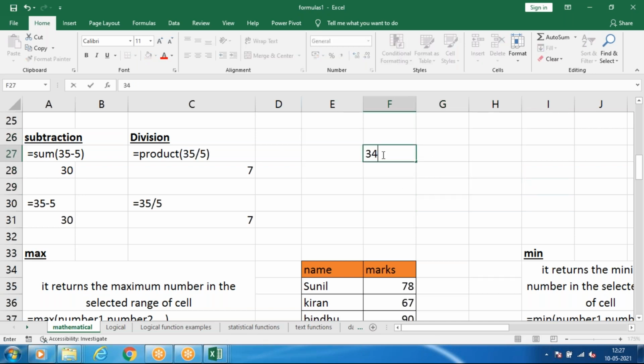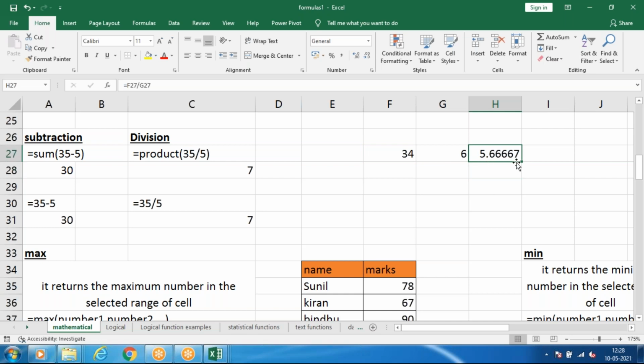See, if you type subtract and all, the formula won't be there. For division also it won't be there. So you have to do it manually. Use one forward slash, select the divisible number and give OK, and you can give any values and check.